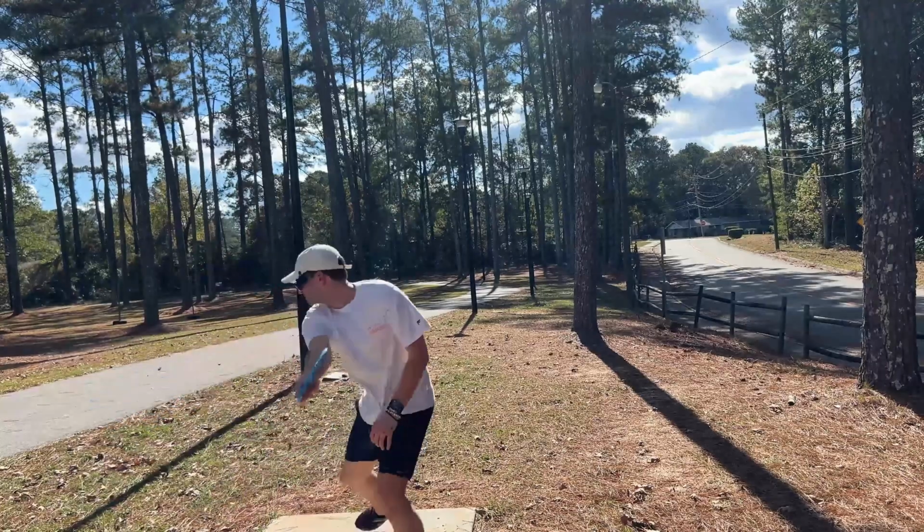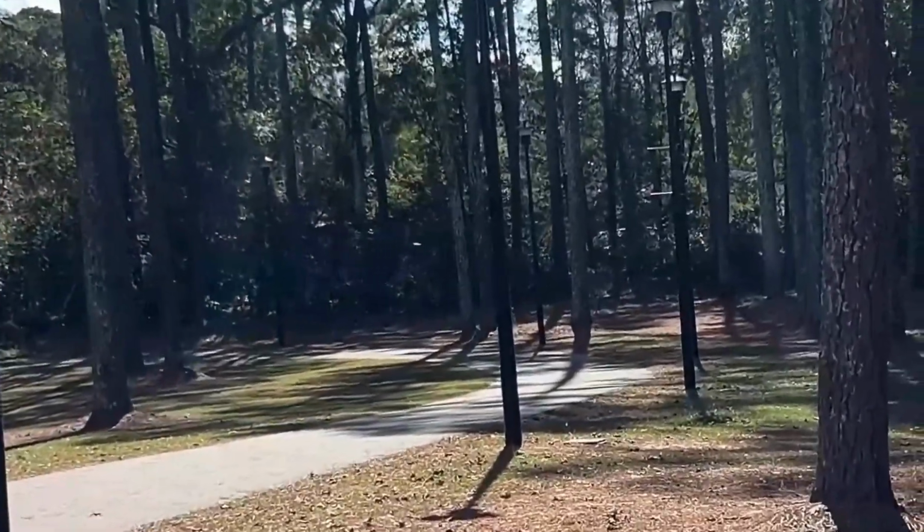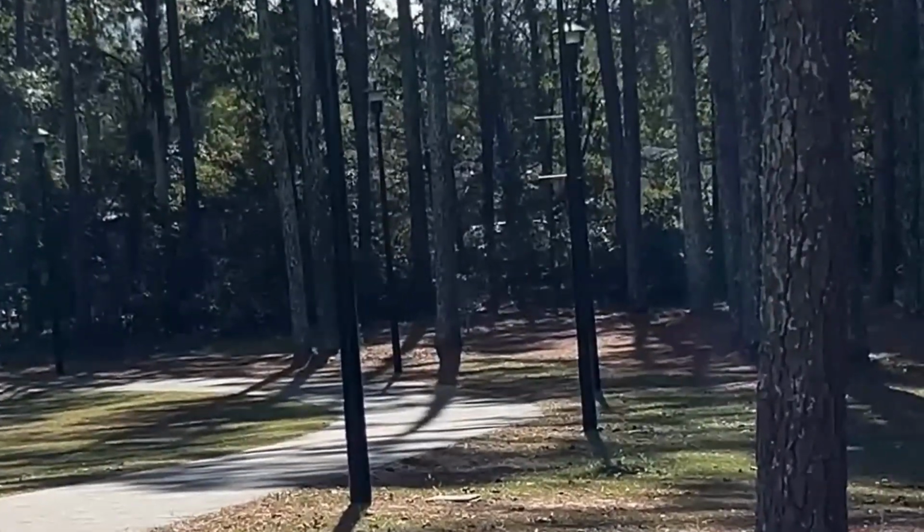So you can see the numbers here, 5.6, -4.1. This is a very understable mid-range with a ton of glide, but it is very usably understable. A lot of times you'll get understable discs that when you power up on them, you can't trust them. They're going to flip over into a roller. You have no idea what they're going to do. The Hooligan Disc Flip is a very slow turning disc. You can hit this on a lot of hyzer. Obviously, very understable. You know it's going to flip up. You know it's going to ride to the right,